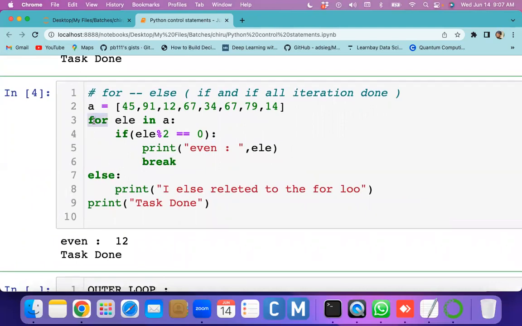Just try to understand the for and else, which are both the same loop only, but this else will execute if and only if all iterations are successfully executed. For example, this group which we have, 8 iterations are there, then 8 times this loop has to finish. Once 8 times is done, then else is executed. Instead of 8 times, if it was executed only 4 times and stopped in the middle, then else is not executed.